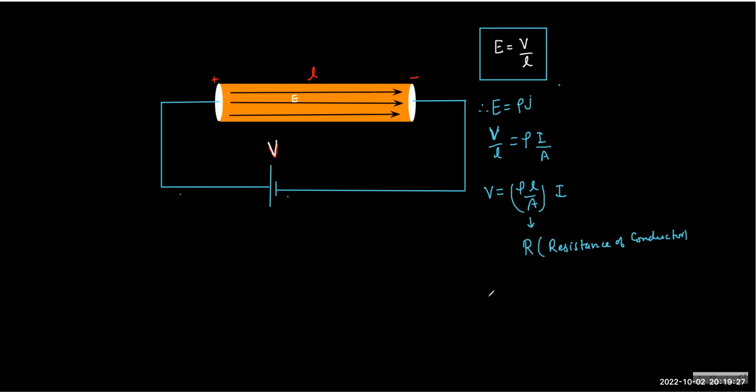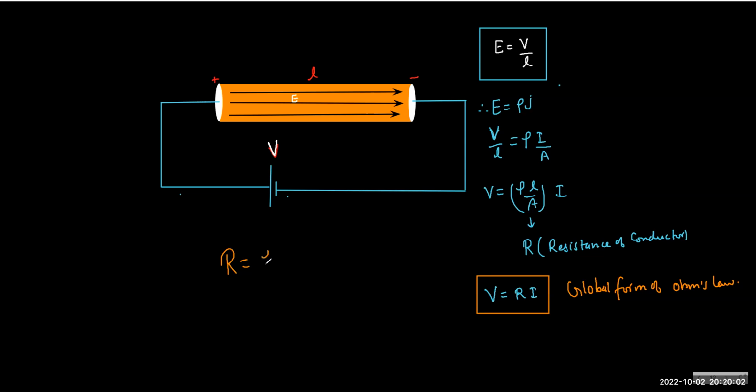So the simple thing is V equals R I. We can derive from basic, and this is called the global form of Ohm's law, which you generally call Ohm's law, right? Like in high school, this is what was taught to us. Even now it's the same. So R now is called resistance,